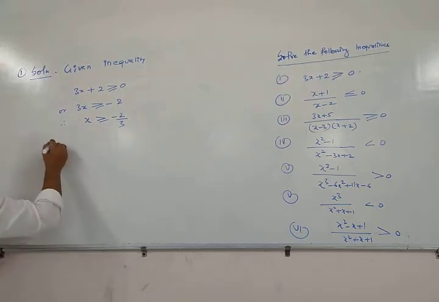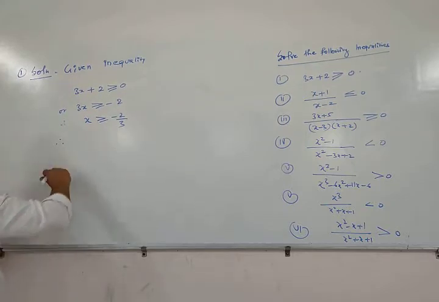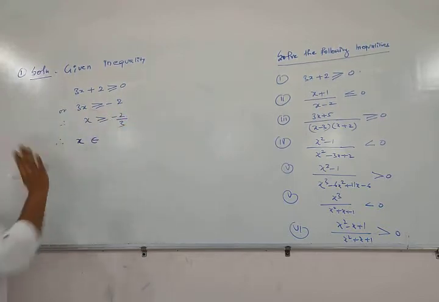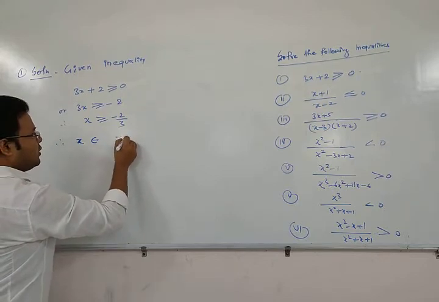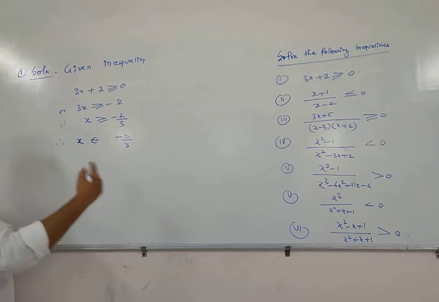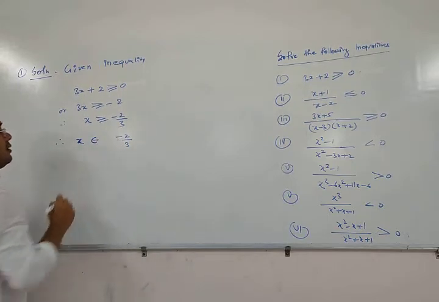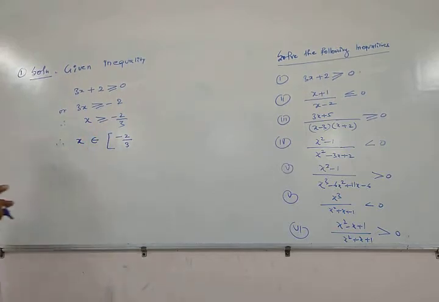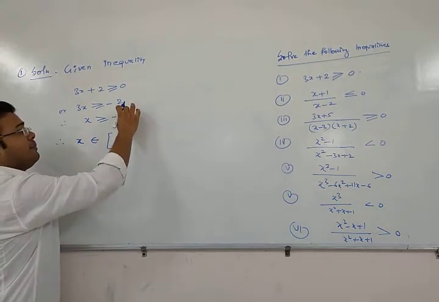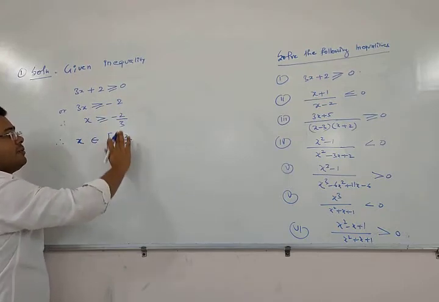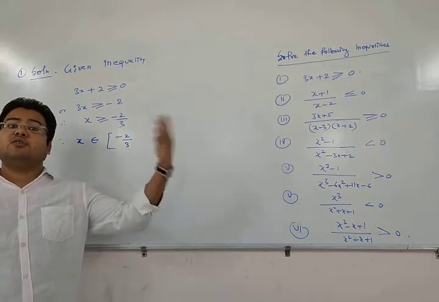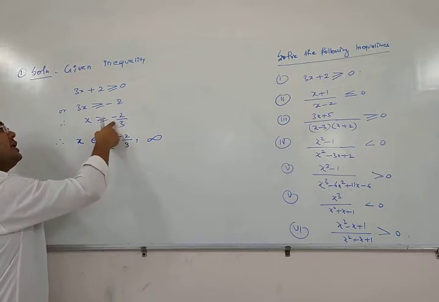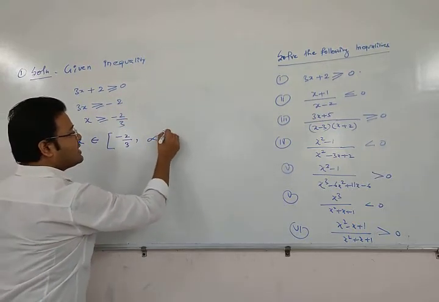So here we can write x belongs to, you can say x greater than or equal to minus 2 by 3, means x is greater than or equal to minus 2 by 3 से बड़ा और बड़ा. अगर सिर्फ बड़ा रहता तो यहाँ पर हम ओपन का साइन है, लेकिन क्योंकि यहाँ इक्वल टू का साइन है इसीलिए हमको इसको लेना है, मींस इसको क्लोज करना है. तो हमने इसको क्लोज इंटरवल में लिया. और जब किसी से बड़ा होगा तो मैक्सिमम वैल्यू प्लस इंफिनिटी तक जाएगा. इसीलिए यहाँ कॉमा देना है और प्लस इंफिनिटी का सिंबल देना है. और इंफिनिटी हमेशा ओपन होता है.